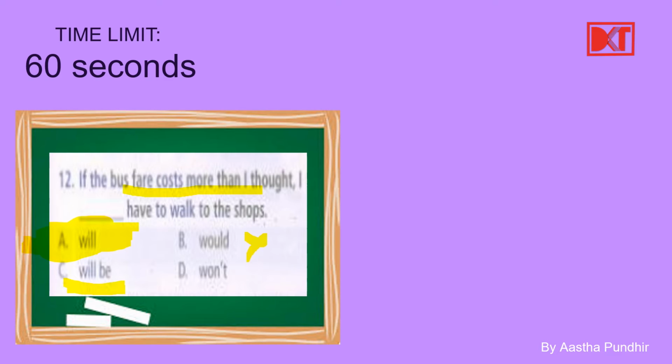Will be is not compatible here with the verb have, so will be is incorrect. Then D, won't. Won't is the negative of will, right? Won't stands for will not. But here we are not using negative, because if you try to make sense of the sentence, it says if